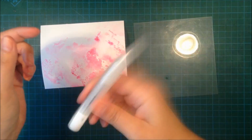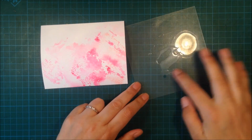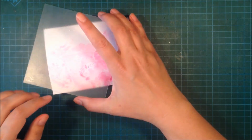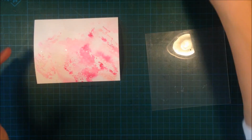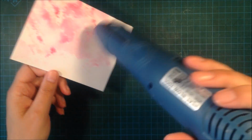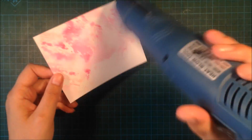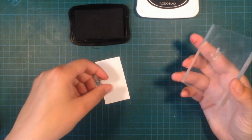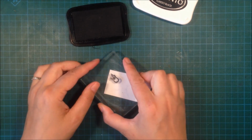And here I have some Perfect Pearls that I have mixed with water. And I want to add some shine onto my card base, so I'm just spritzing some Perfect Pearls onto my plastic sheet, and I'm smushing that onto the card base as well. And I'm using my heat tool to speed up the drying process. And as you can see, it has some areas that are really shiny. And I will put that aside under a heavy book so it will flatten out,